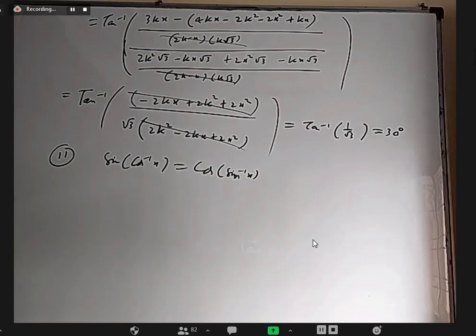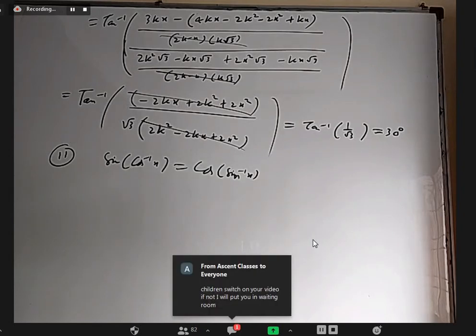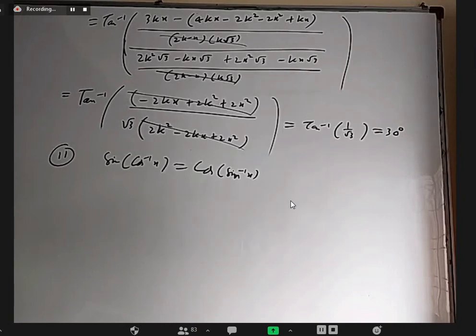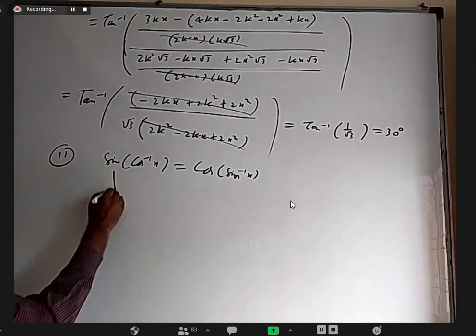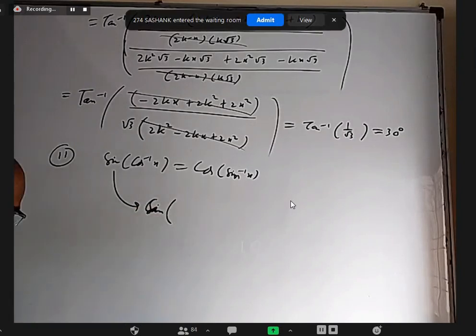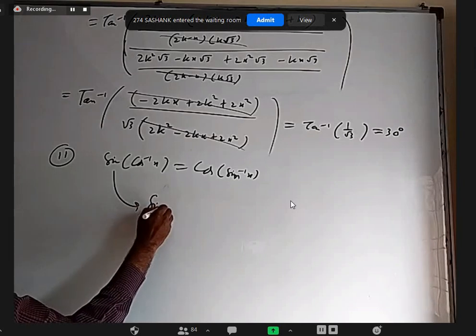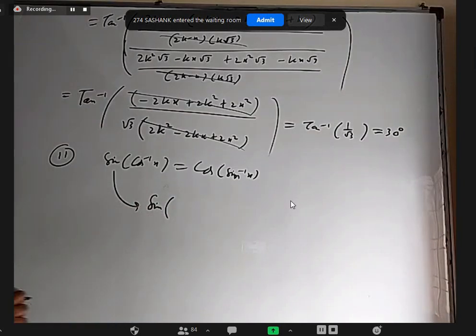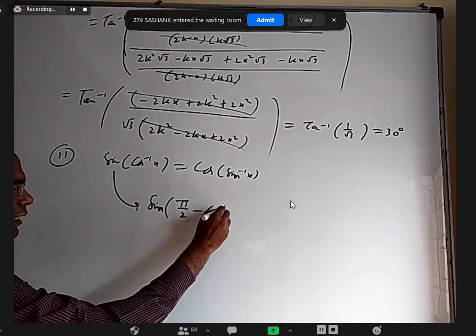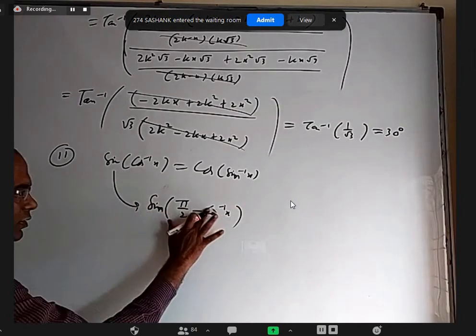Sir, we can prove any one side by writing the inner part as 90 minus sine inverse x. Yeah, that's good. You write cos inverse x as pi by 2 minus sin inverse x. Simply start with this and write sine of. Sir, both are equal to root over 1 minus x square. We can prove by triangle also. That is also good. Yes. Sine of pi by 2 minus sin inverse x, sorry.